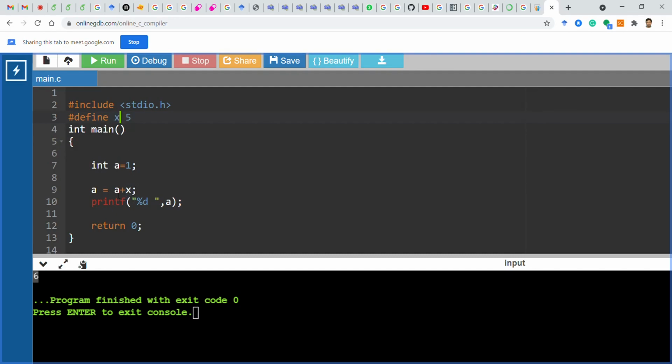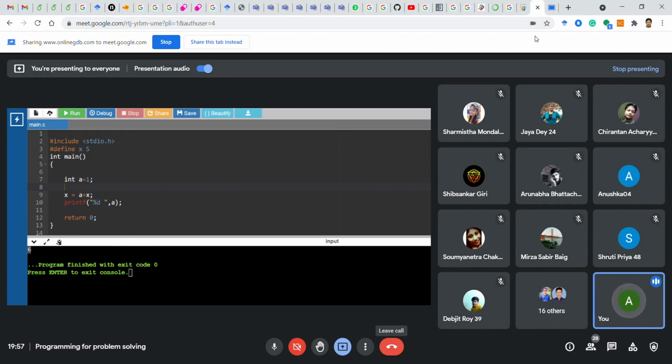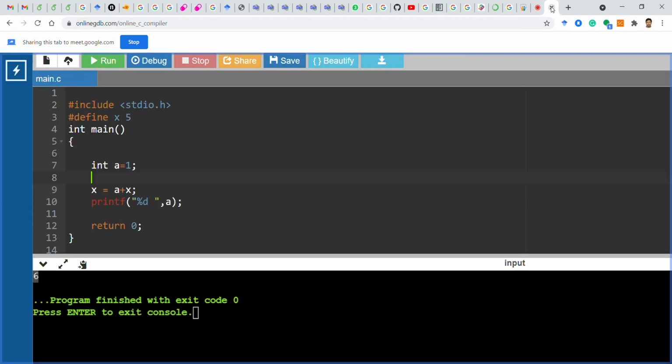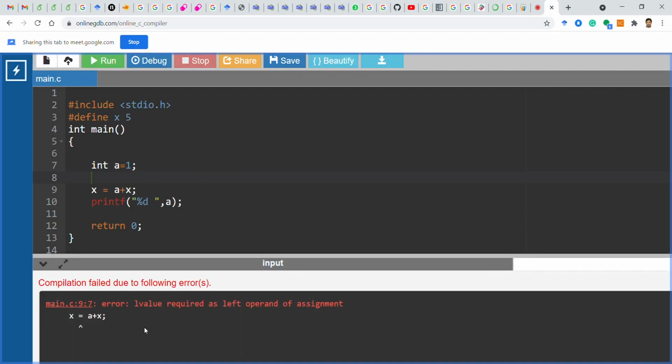But as I told you, instead of a, if I write x, then what will happen? If you run this program, you are getting this error, and here the error is, you see, L value required. This is what I told you in the class. You will get an error, and the error will show L value required, and this L value required means,